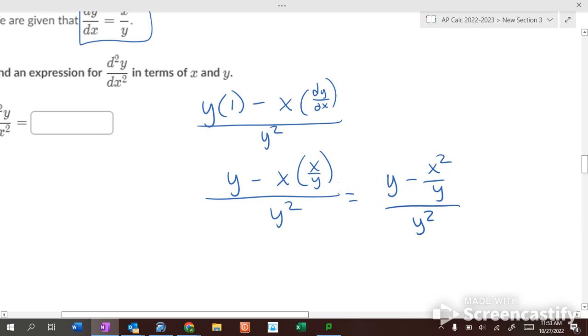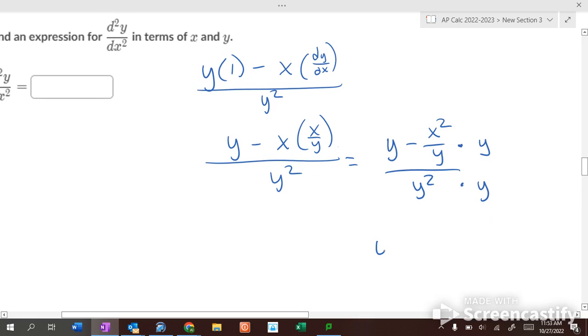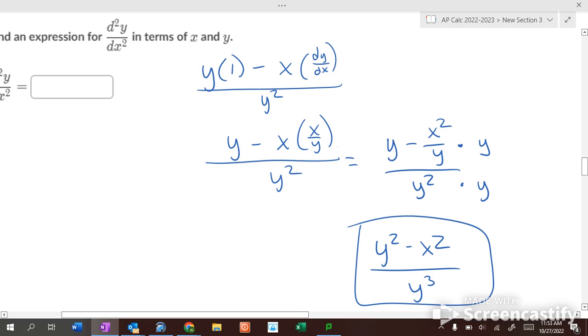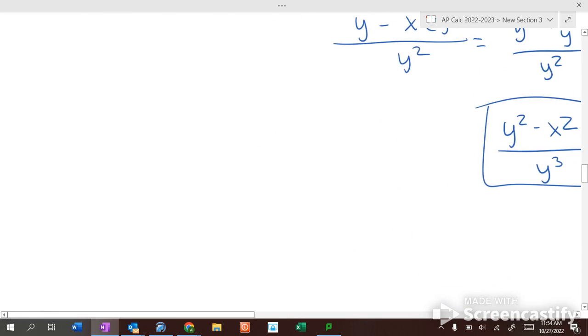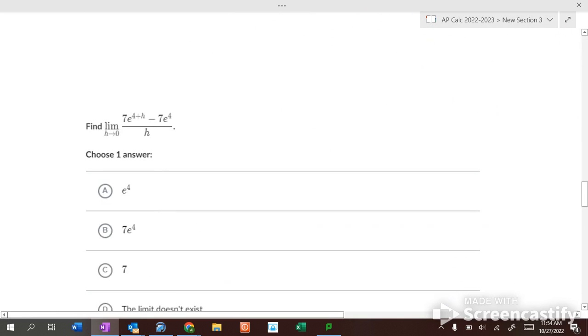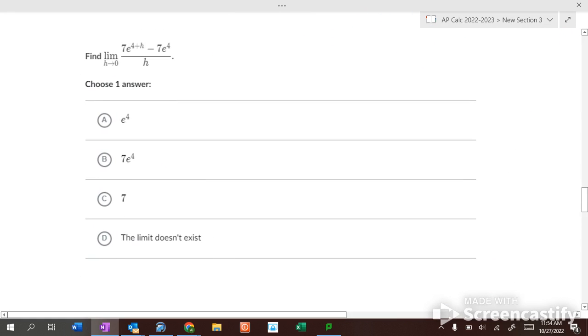So since we have a complex fraction, we should get rid of it. Multiply both the top and bottom by y. So you get y squared minus x squared, follow me, over y cubed. Implicit differentiation. All right. It would be nice if that was it, but that's still not it. Then we're going to look at